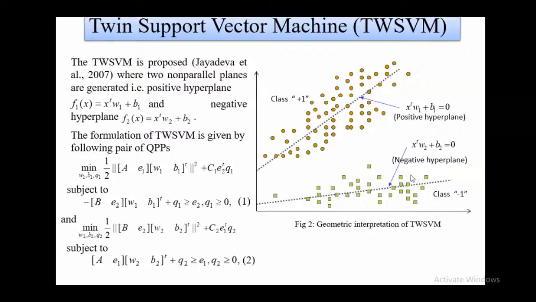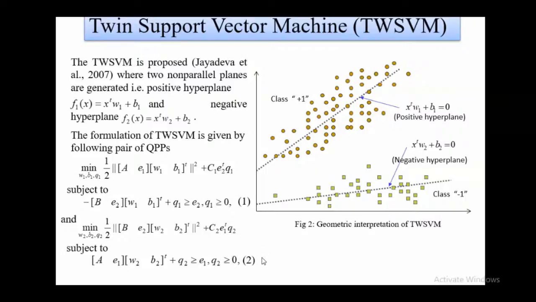So here you will see we have to solve this as one problem, and we also solve this as a second problem. Because we have two kinds of problems, that's why it's called the twin support vector machine. In support vector machine we have only one problem formulation, but in this particular model we have two types of problems, of a smaller size, not the same size. So how we can say that it will be a smaller size, I'll discuss.